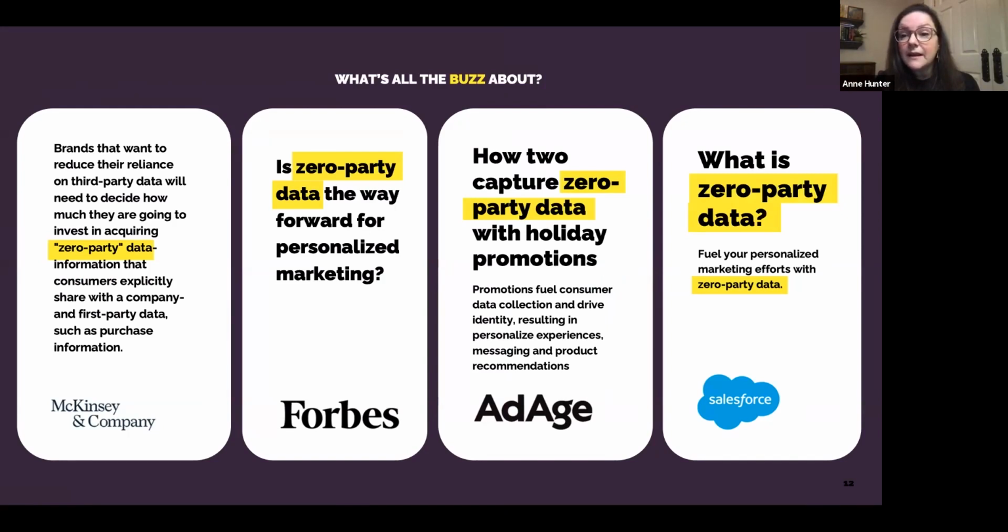Forbes is saying that zero-party data may be the way forward for personalized marketing. And all of you who don't know a ton about it, congratulations, because you guys are super smart. You're getting in on this early, and will have an advantage over your competitors. Ad Age has some great ideas about how to capture zero-party data with holiday promotions, as everyone's really thinking about